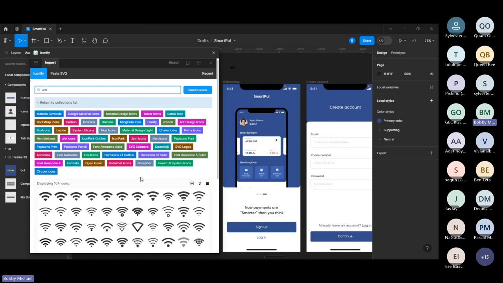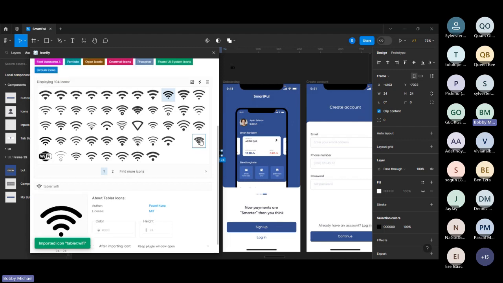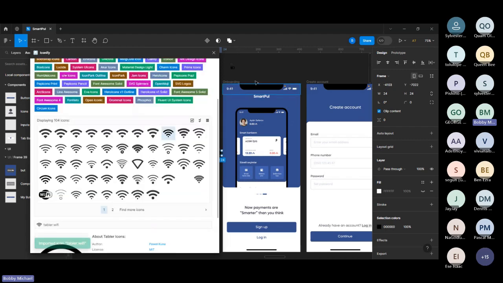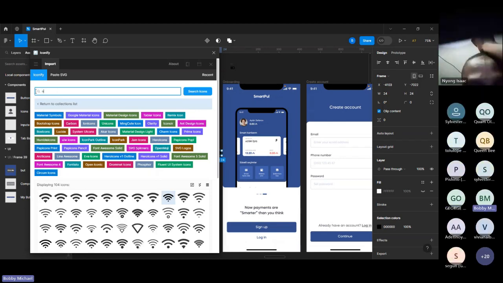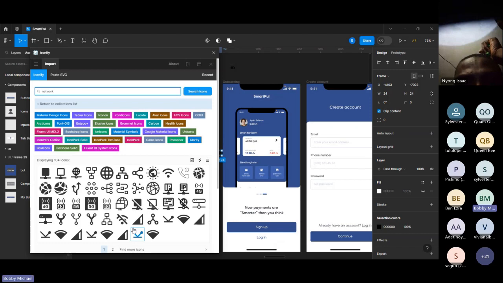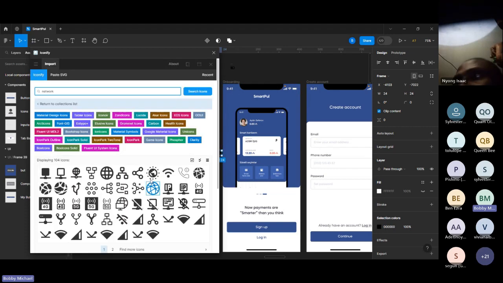So I need the Wi-Fi. I can pick one of these and import it. And then if I need this network bar, I can say network bar, network, and I'm going to see something like that. It's not giving me something like that. Let's search for